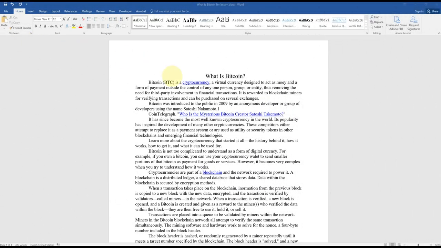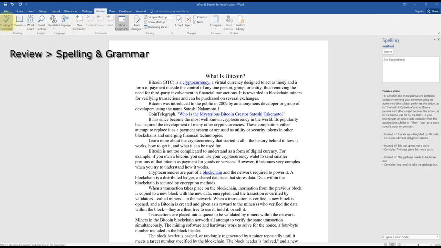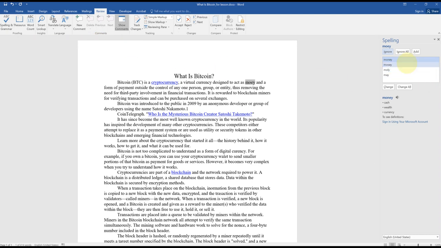In the previous lesson, we learned about automatic spelling check, and to avoid distractions during input, we showed you how to disable it. But imagine you finished entering text and want to check if there are any errors. You can launch the spelling check in the Review tab in the first group. By clicking on the spelling and grammar icon, a checking panel appears on the right, and we immediately see the